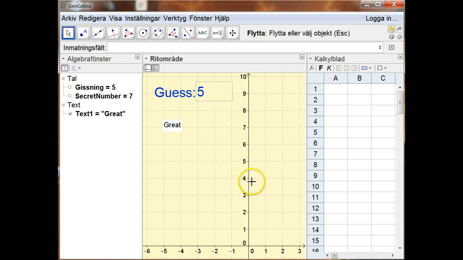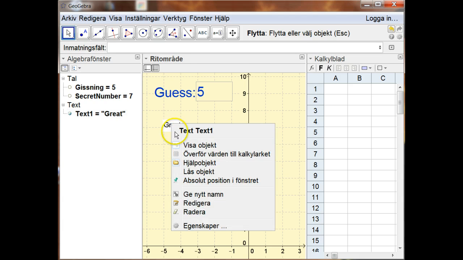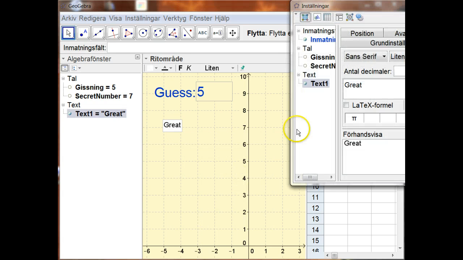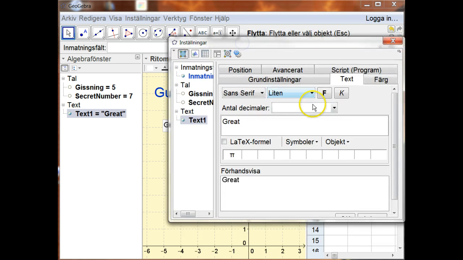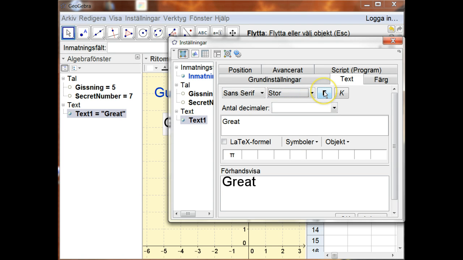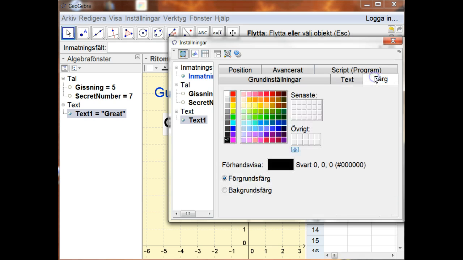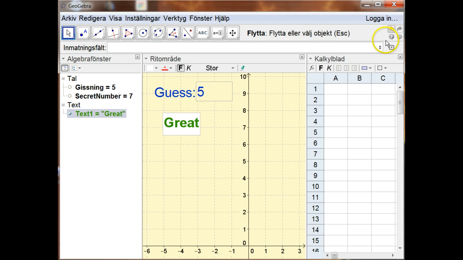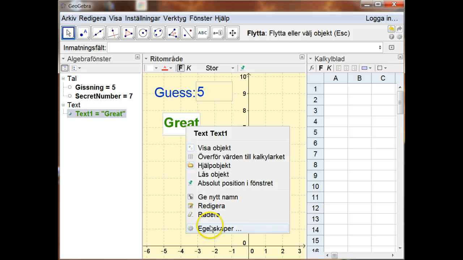and I will then have to go into the properties of it, to be able to have a little bit more control, because I want to make it big, I want to make it fat, and I want to have some color on it. Now I could just put green, because green is good,